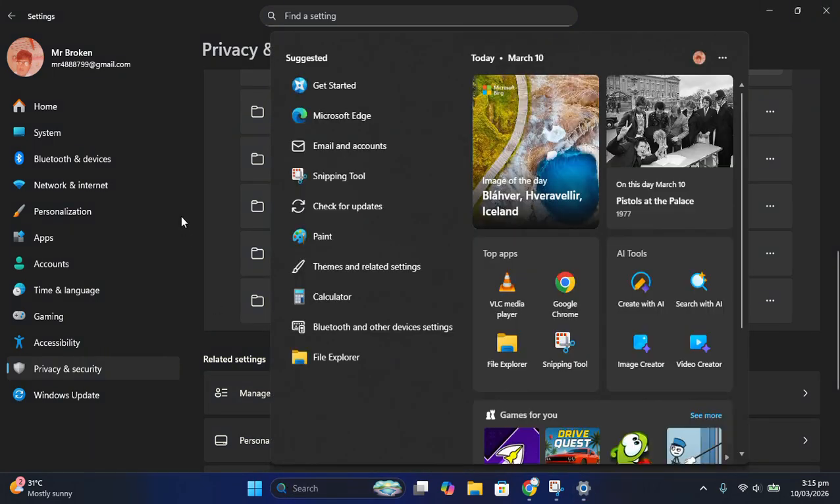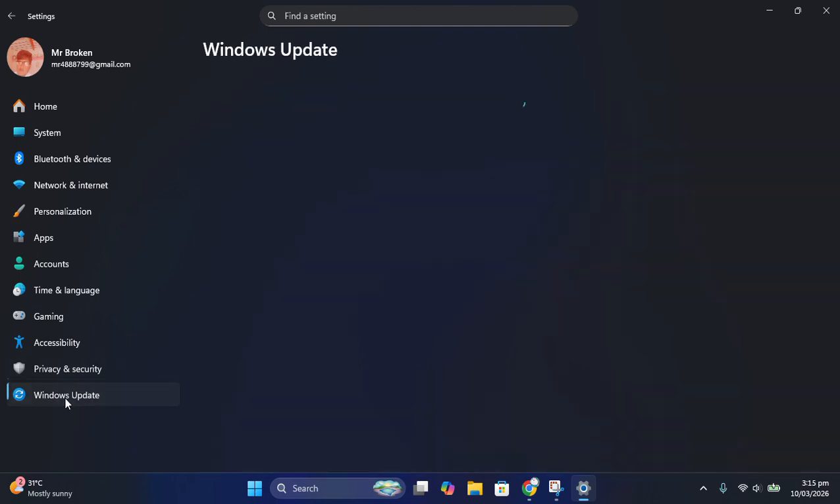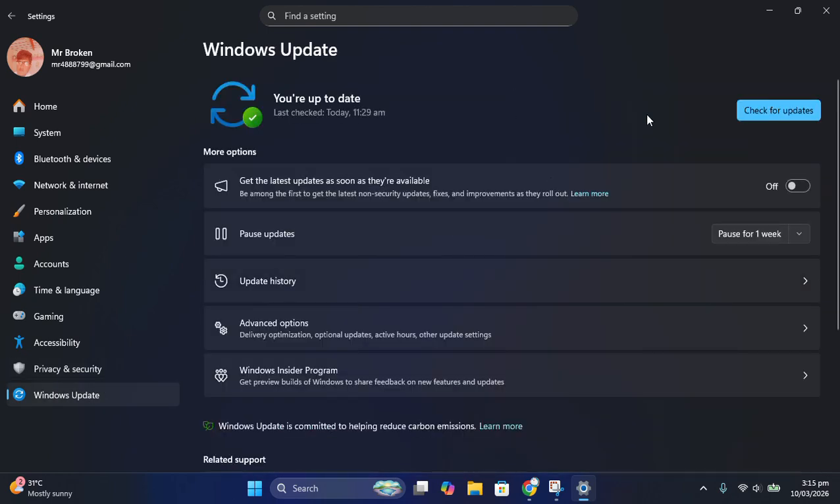Or if it's still not fixed, just click on Windows Update. And here you have to make sure that you haven't any pending updates. You can also try to check for the latest updates in your Windows, so it will help you to fix all the issues. Once you have updated your PC, but your search bar is still not working,